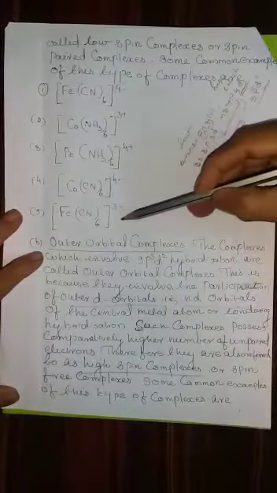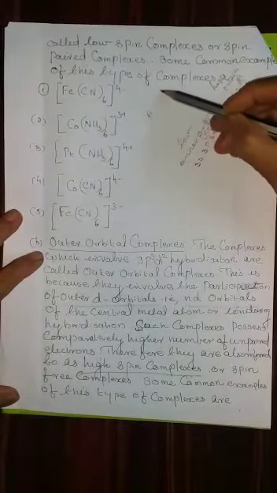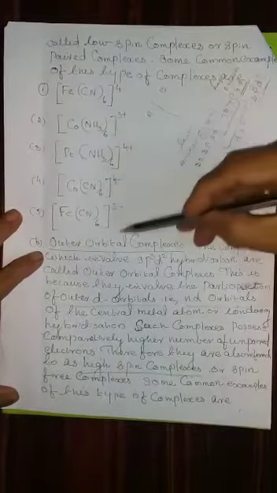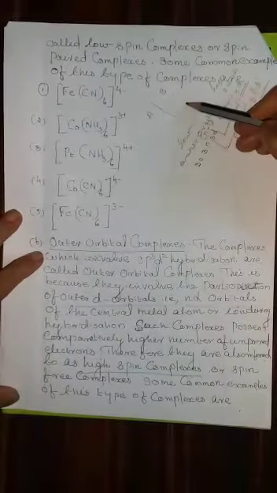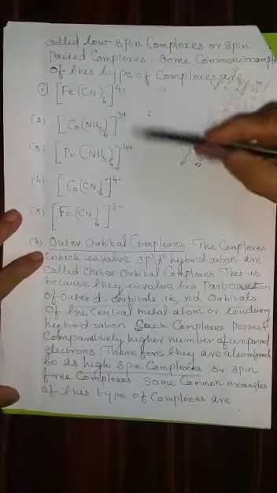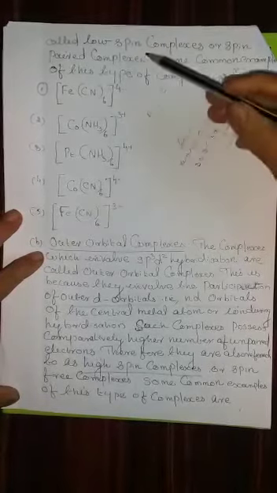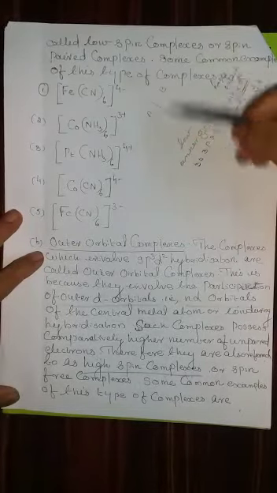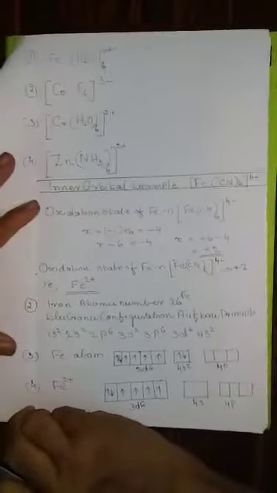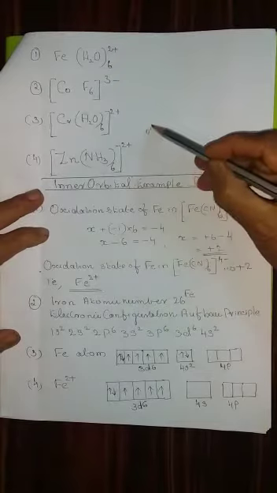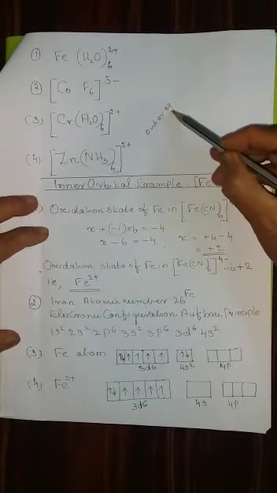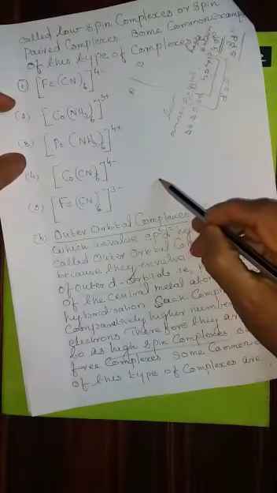All these examples please study because of the match the following question. They will give you any of the examples in column A, and inner orbital and outer orbital will be given. Therefore, unless you are thorough with which examples undergo inner orbital hybridization and outer orbital hybridization, you may not be able to answer the match the following questions. These are the other 4 examples given for outer orbital. These are all examples for outer orbital, and these are all examples for inner orbital.